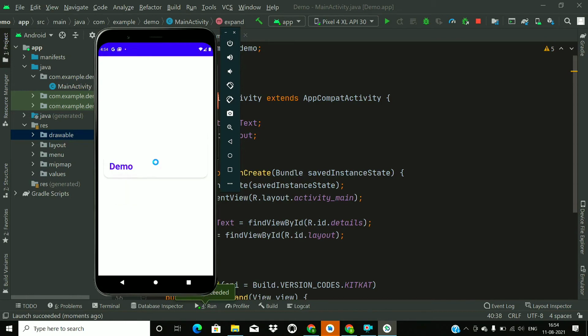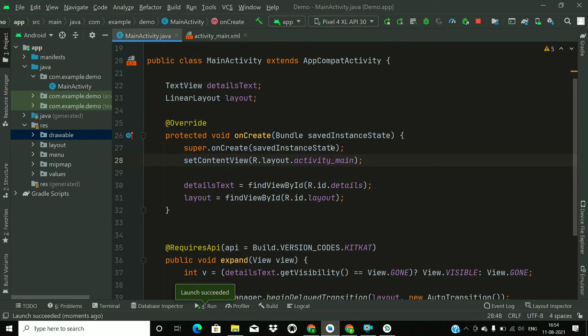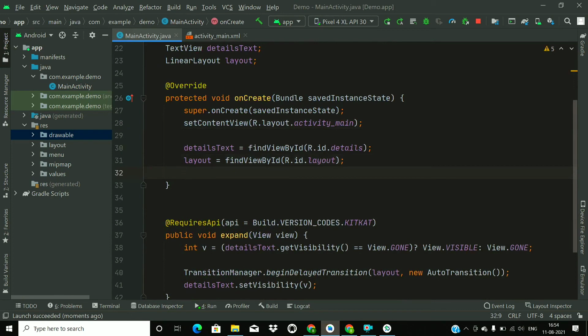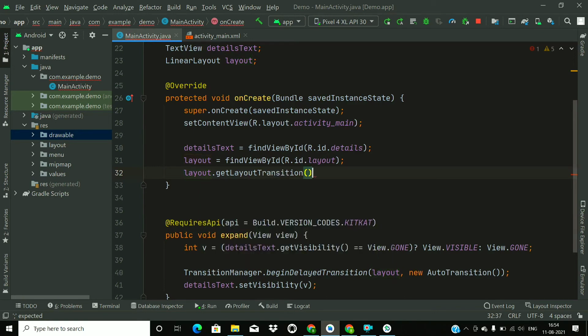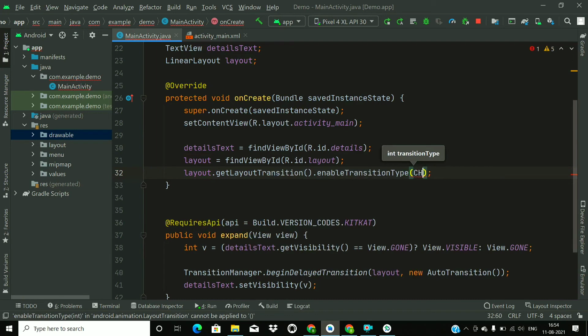Now although it is working, as we have seen in the demo, the layout change is also very smooth, so we need to add those animations also. So for that we just add a changing type animation to this layout. So layout.getLayoutTransition, and enable transition type as changing.